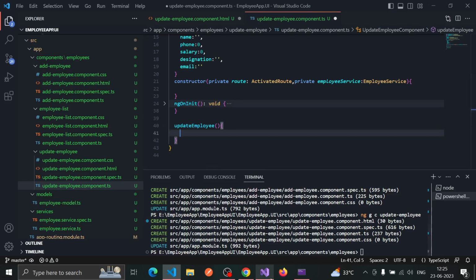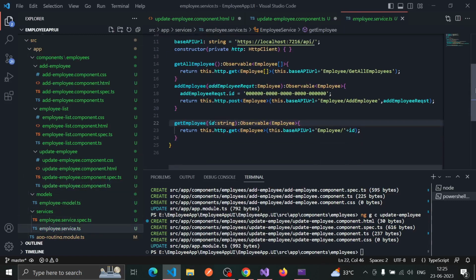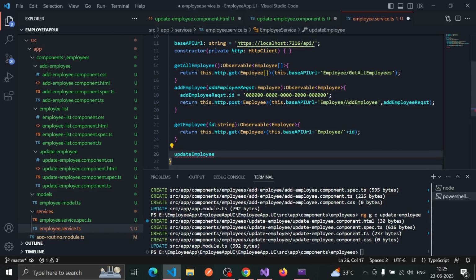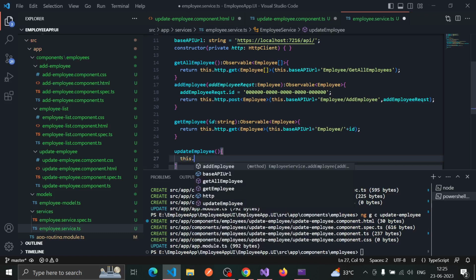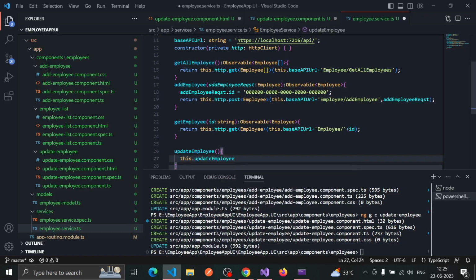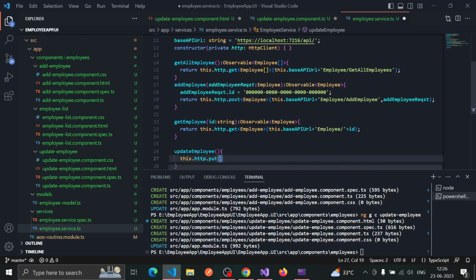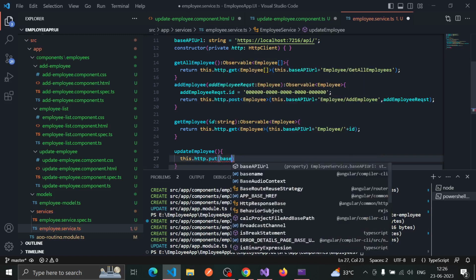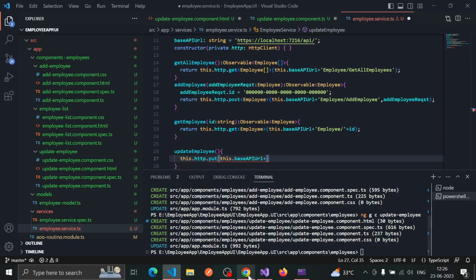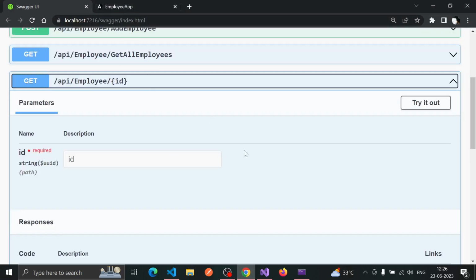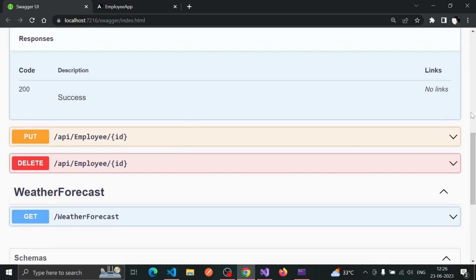So now I have to call this update employee, and for that I just need to go to employee services, and here I need to add this method, updateEmployee. Inside that, this.http.put, base API plus. Update employee is having this one employee ID. So I'll do